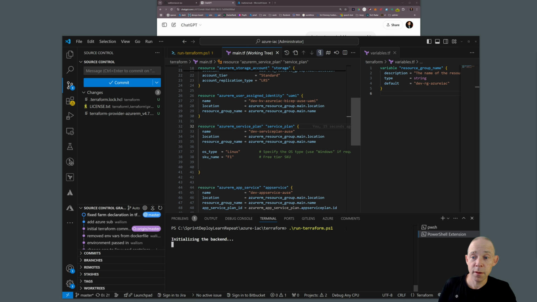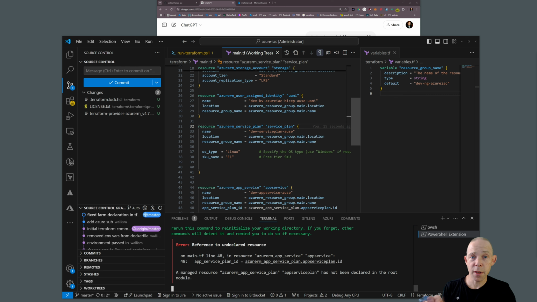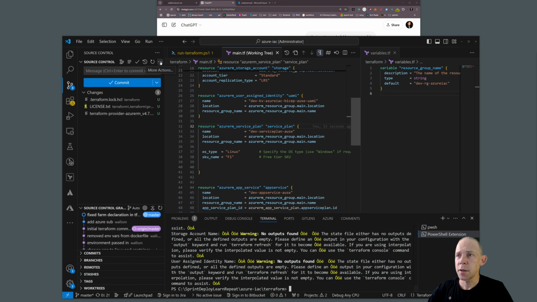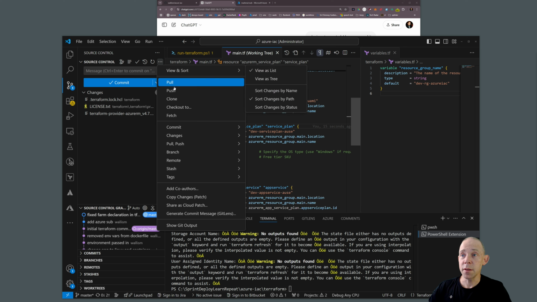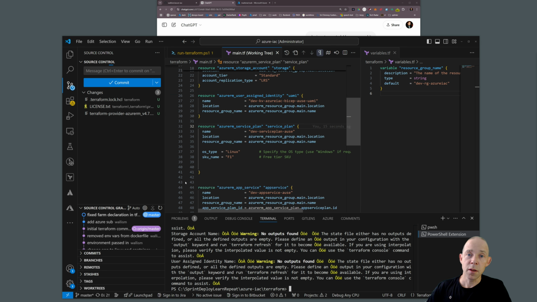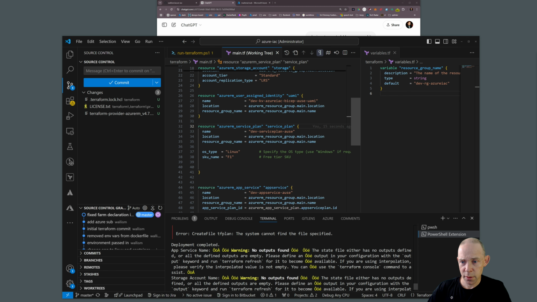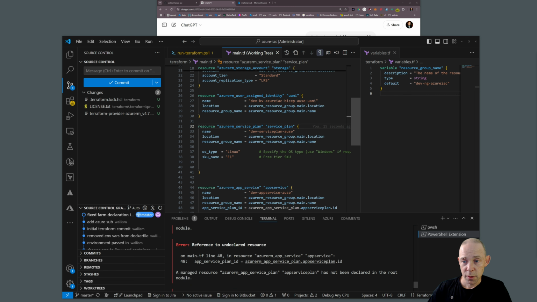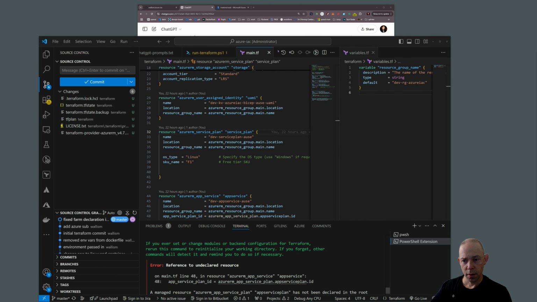Now we'll run that again. So I did that commit and we'll do a push so that if you want to see the differences in the repository, you can. Okay, so we've got a bunch of warnings completed. There's an error. TF plan is a plan file. Okay. The first error that it's got for us is this reference to the undeclared resource on line 48, which